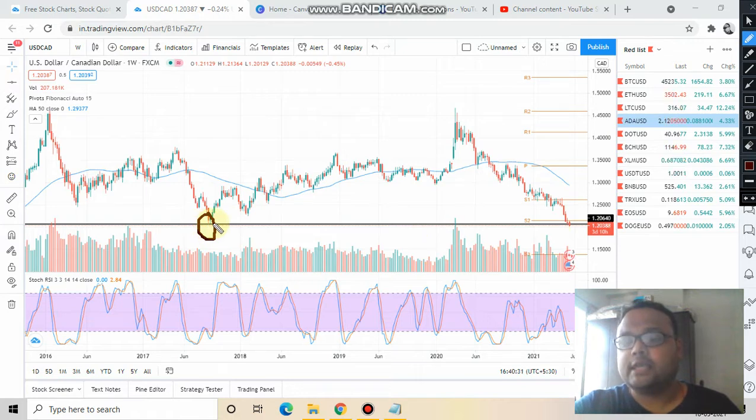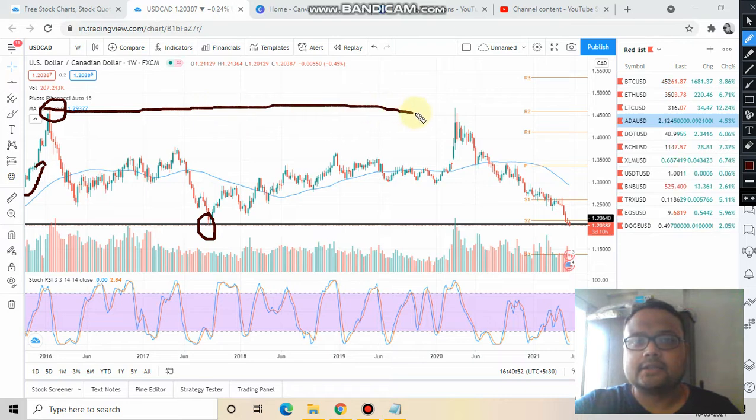Though it is 2017, and right now we are in 2021, still this support is very important, because if you look here, you can see that there was a resistance in the year 2016. Market was very much bullish, market was going up, then market reversed from this particular point. It happened in the year 2016, and this particular level is still acting as a resistance for the market. So my point is, if a resistance from the year 2016 is valid, then a support from 2017 is still valid, and we can see that right now market is just standing at the support.